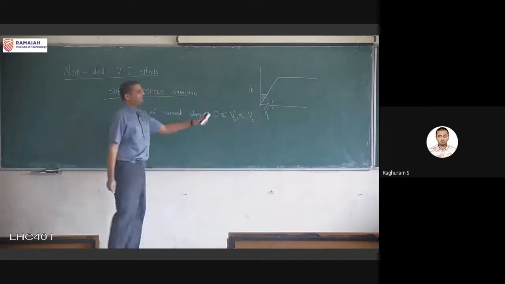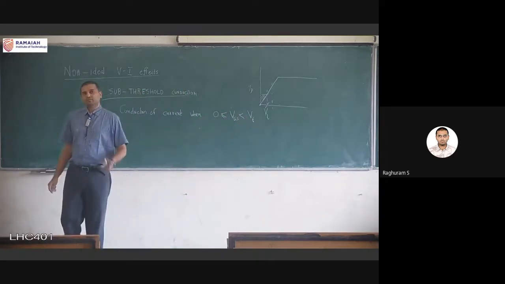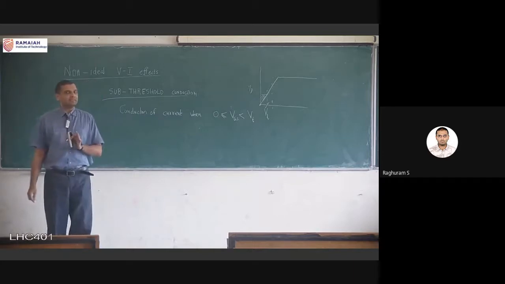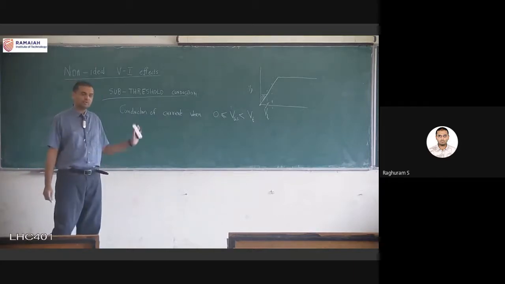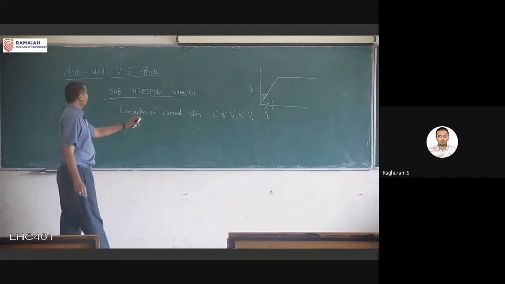Okay, this is the condition. That is, VGS has not crossed VT. It is still lesser, but it is greater than 0. So here also some conduction will flow. Conduction of current when